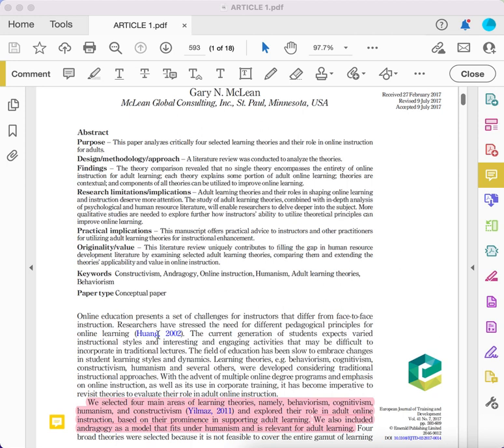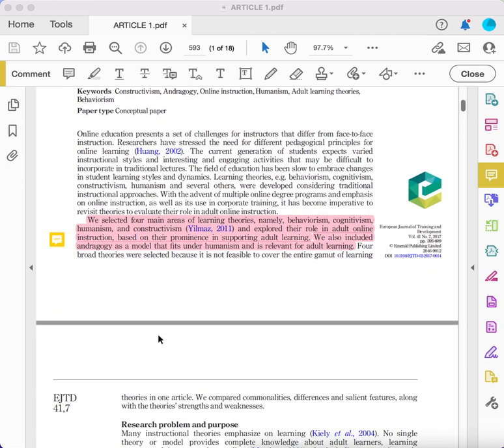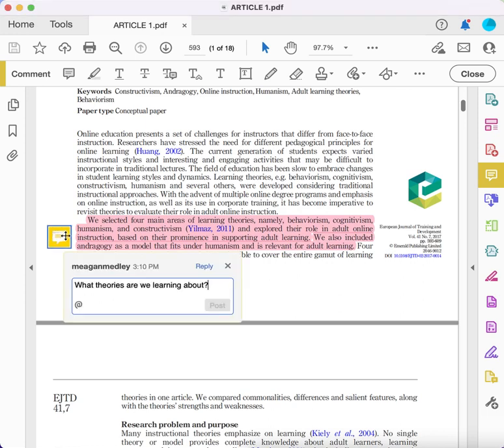All right, so as we're getting started, the beginning of this gives us some information about which theories they've selected for us to look at. They're the bigger ones for us to go through. So what are we learning about here? We're really learning about behaviorism, cognitivism, humanism, and constructivism as theories. But they also add another one,